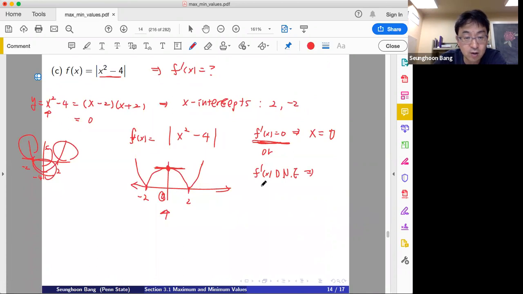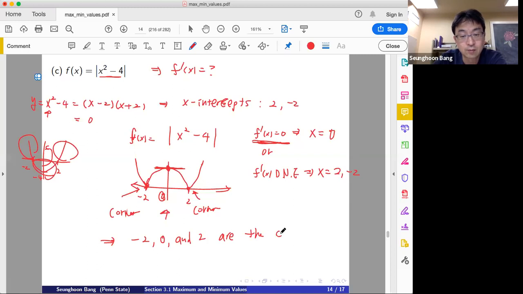What's the second one? We have a corner at negative 2 and 2. What does it mean? Not differentiable. The derivative does not exist because we have a corner. So we have 2 and negative 2. One more: this is always well connected. What does it mean? The function value exists at 0, 2, and negative 2. So what's the final answer? We have negative 2, 0, and 2 as the critical numbers